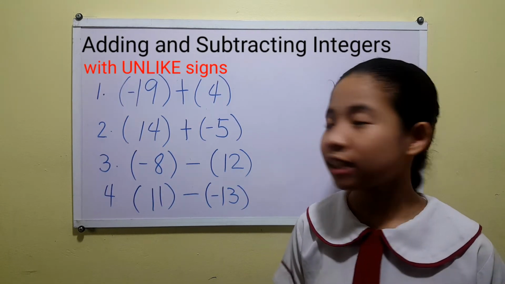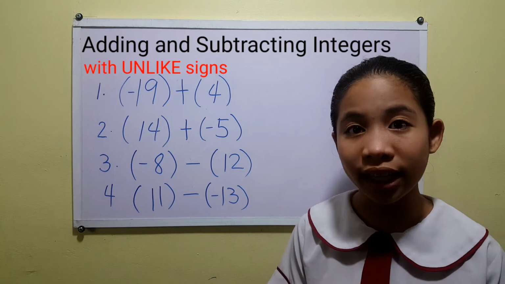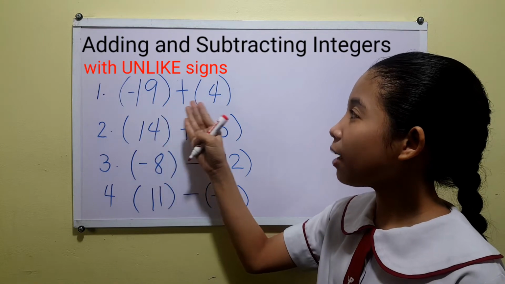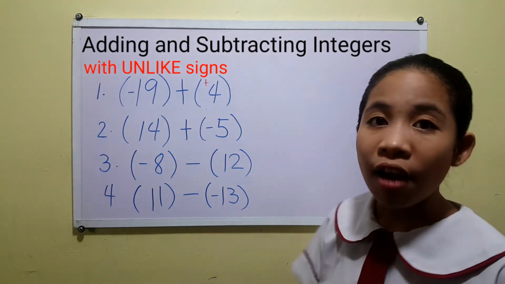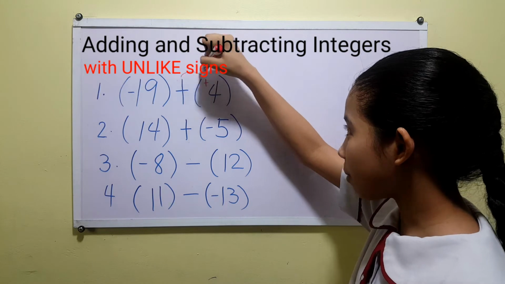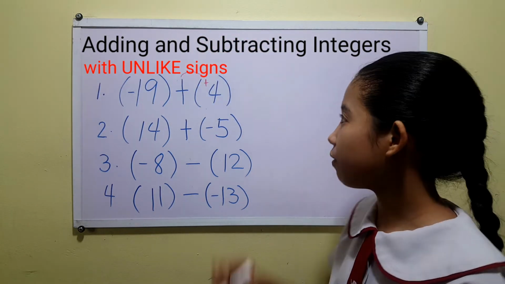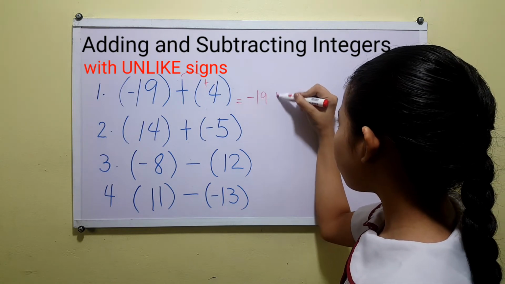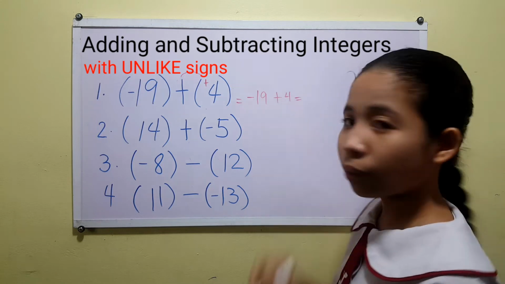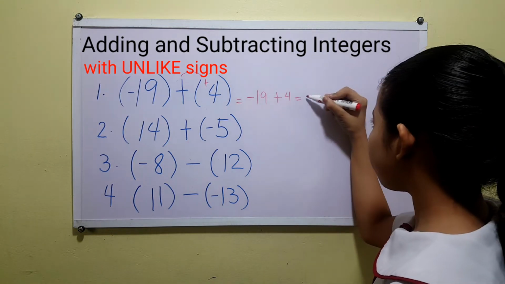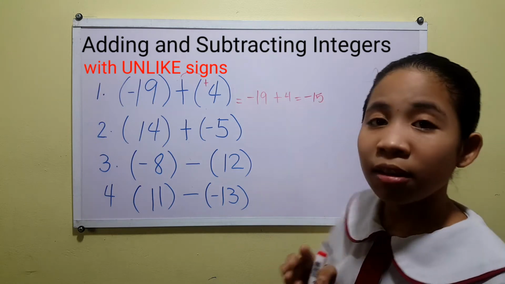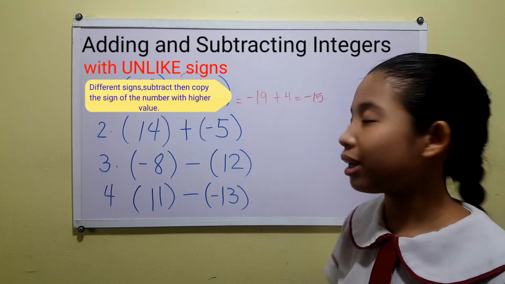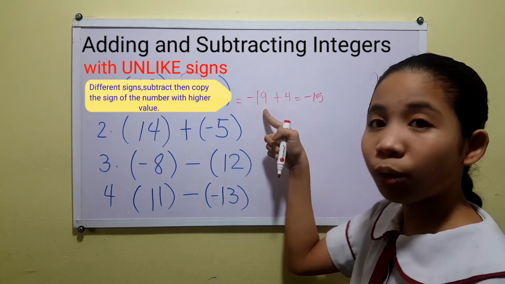Let us now answer addition and subtraction with unlike signs. In our first example, we have negative 19 plus positive 4. Remember that positive times positive is equal to positive. So we will have negative 19 plus 4 is equal to negative 15. Because since we have different signs, we will subtract and we will copy the sign of the number with higher